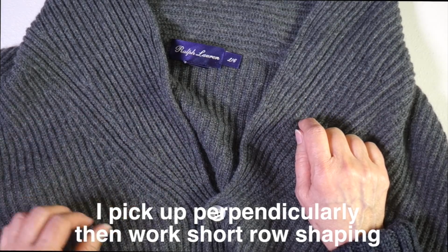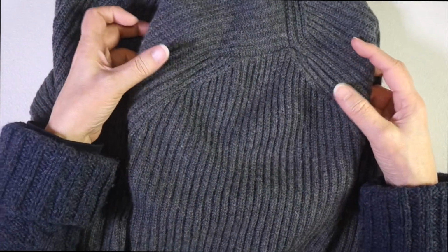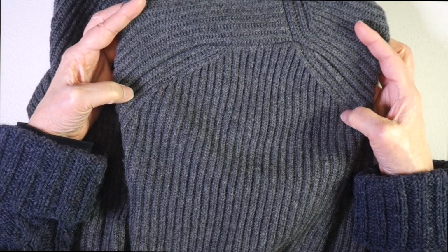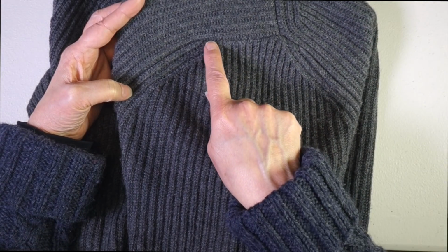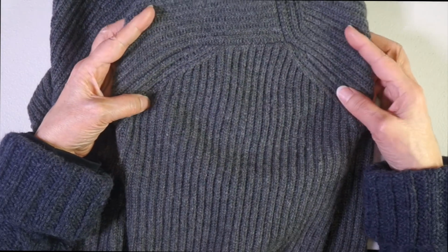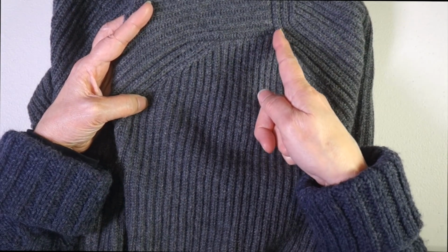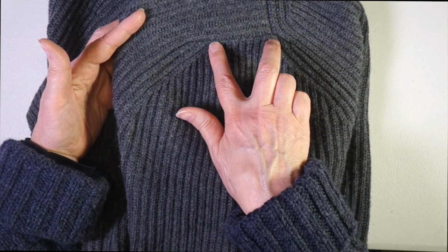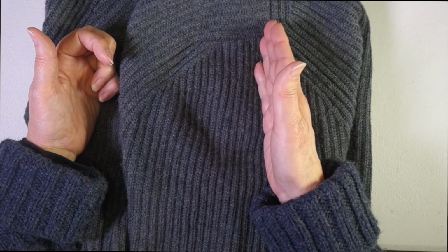So this is interesting. Again, this is a sleeve cap where you have the top of the sleeve cap, so the shaping is finished here, and then you get that little pulled angle over where this seam line is. And so this is the part that sits on top of the shoulder, and this sits on the back. So it isn't always that they have it absolutely right in commercial knitwear, but I think when it comes to